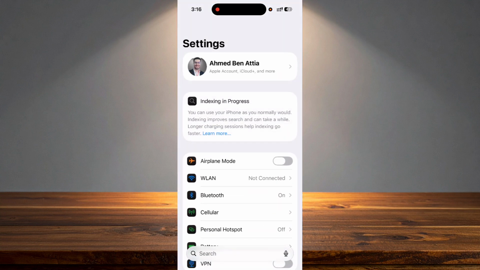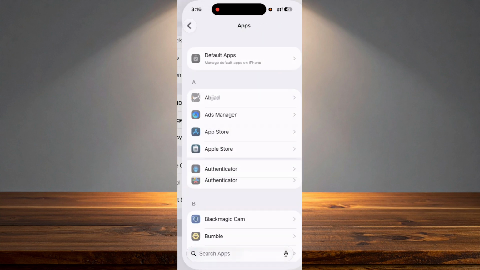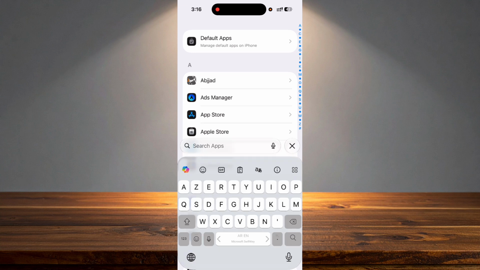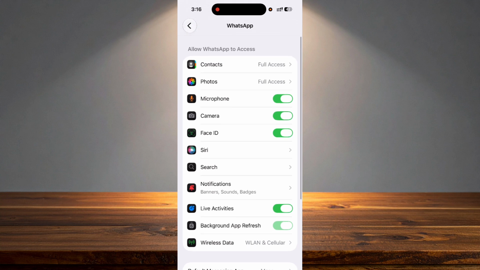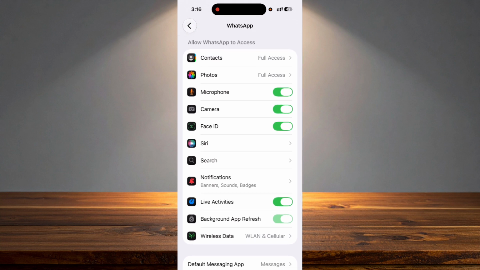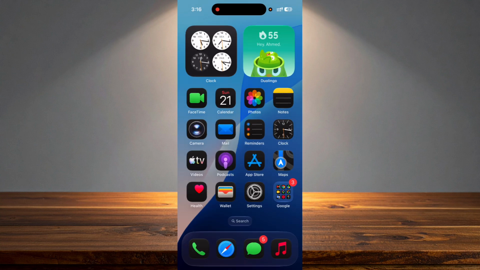and after that go and look for apps and look for WhatsApp, and be sure here that you are giving all the needed access to WhatsApp so it can handle things. So here, you should give full access in everything for it to complete all the operations that you need. And if this also is not working, you have to go to the